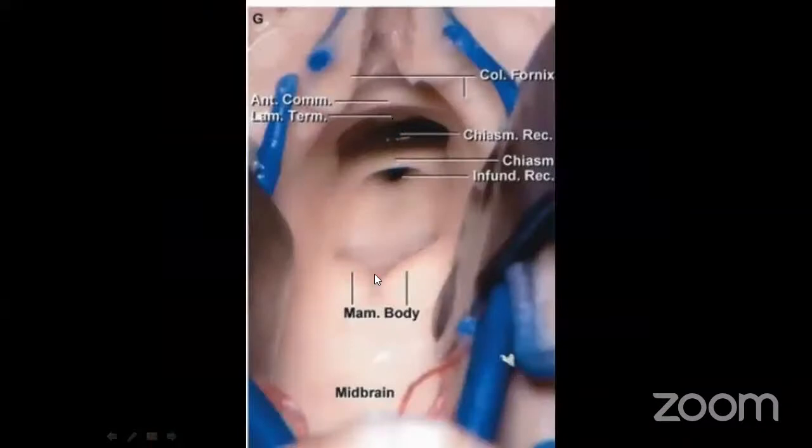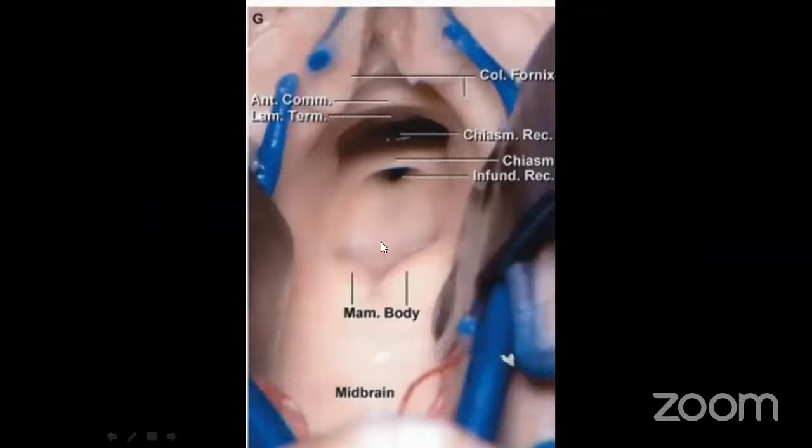So again, this structure has been labeled and the floor of the third ventricle has been opened. So this is the anterior commissure and lamina terminalis. Then in the floor, we have got the chiasmatic recess, the chiasm itself. Behind it, we have got the infundibular recess. This one would be the region of tuber cinereum in the floor, the two paired mammillary bodies, and then the